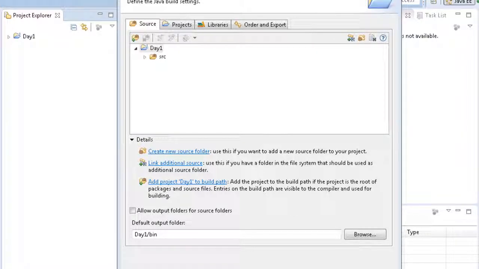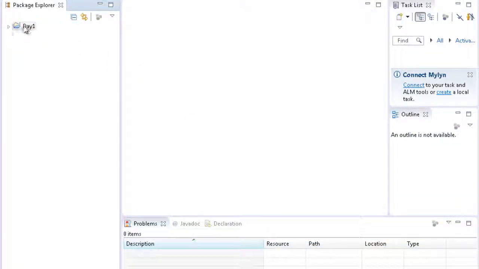What will happen is you'll have this project generated. If you expand it, it will have the source folder and the JRE system library. This JRE system library is actually the Java which is installed on your system. Eclipse picks up this Java. If you have not installed JDK, then Eclipse will always throw some issue at startup or something. So make sure you have got JDK. Now the source folder is the one in which we will be storing all the code.